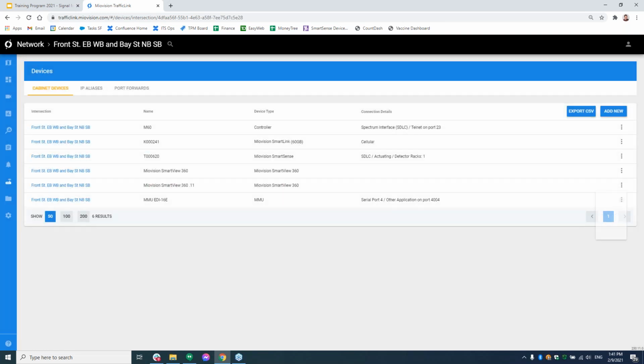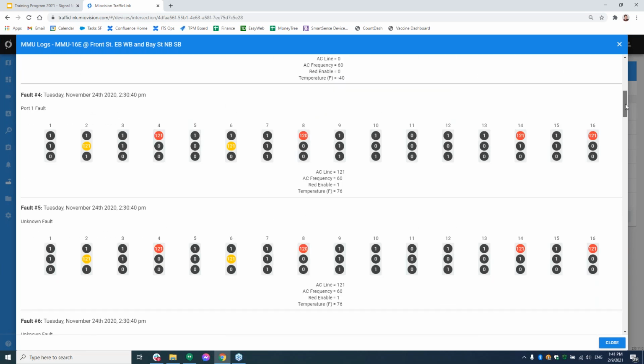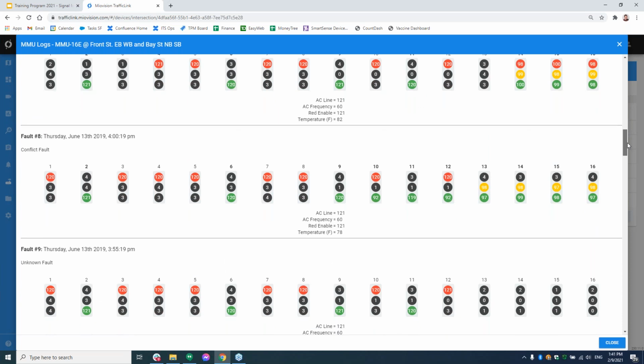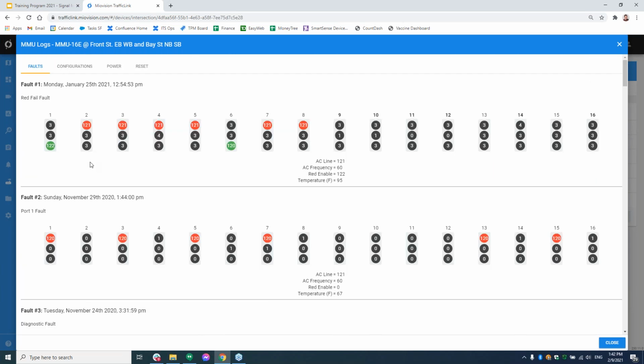But what I find actually pretty handy, I'm not sure if there'll be any logs on this one because it's my lab device, but I do mess around with it a bunch, so maybe. I can actually pull in the whole log file from the conflict monitor. Oh yeah, there we go. And so this is the full logs that are recorded onto the conflict monitor itself. EDI has this information available so that we can easily pull it into the platform and review any fault or any conflict that has occurred.